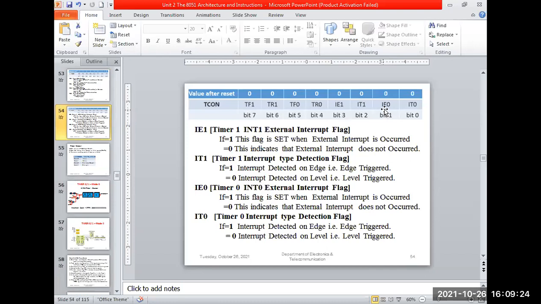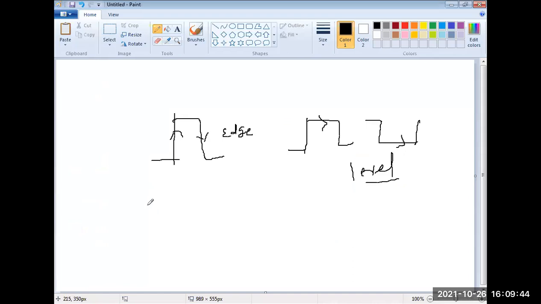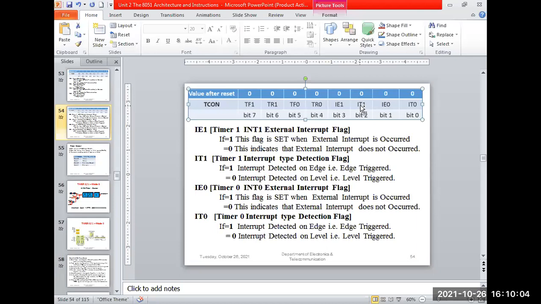See here, I told you IE0, IE1, the port pins shown on port 3 are the INT0 and INT1 interrupts. How to enable them with the help of this TCON register? Simply, if I write here the pin numbers for the lower 4 bits, and you write an instruction like MOV TCON, #02H, not binary format. The upper part, I'll copy here also, so it is easy to understand.